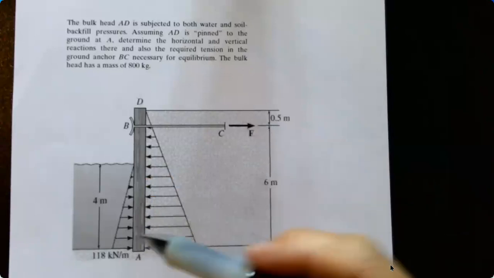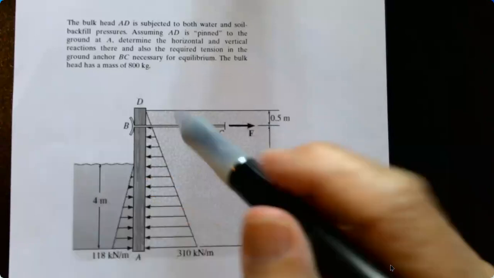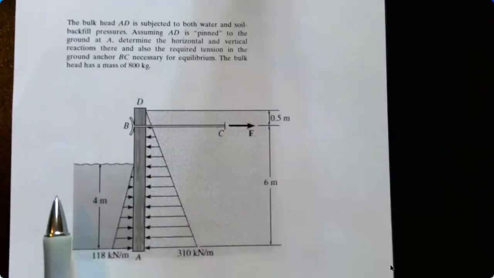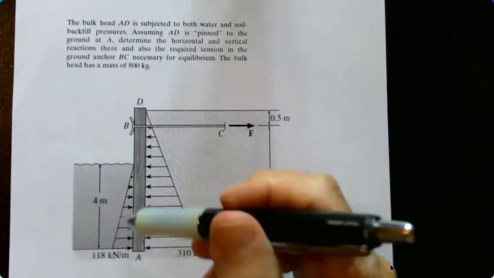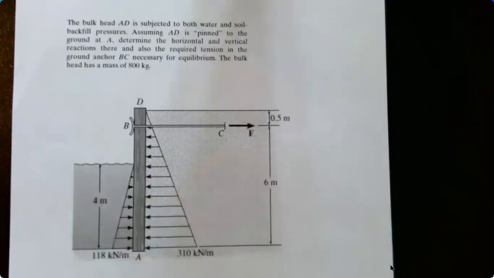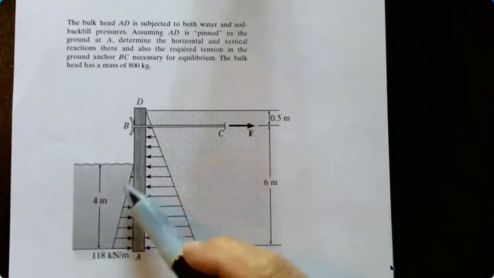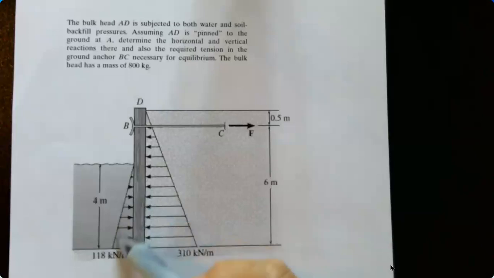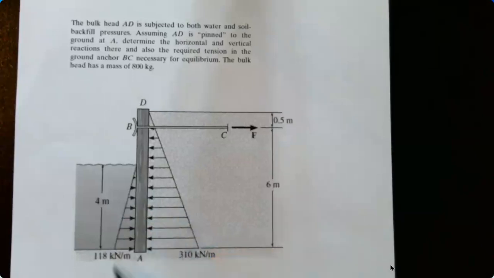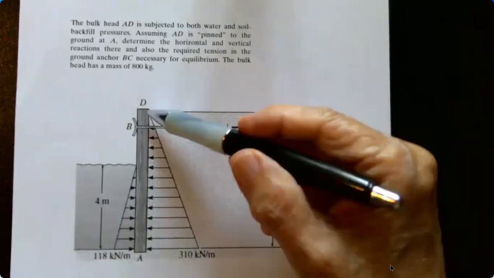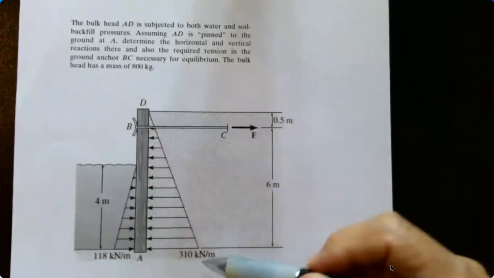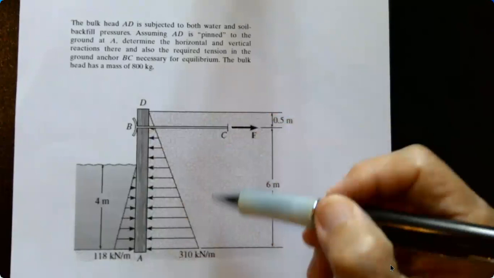And so as a bulkhead, there's water in front of it, and water again has pressure. If you're divers, you know pressure increases significantly the deeper you go. So there's a linear pressure from 0 down to 118 kilonewton meters. As with soil, there's a pressure from 0 to 310 kilonewton meters at the base. In addition,